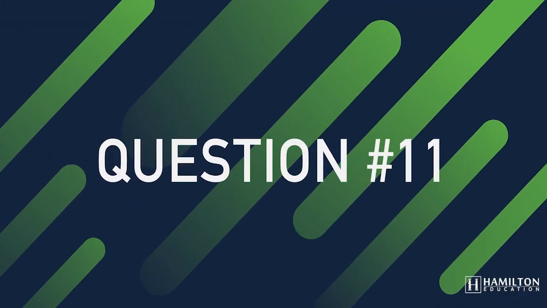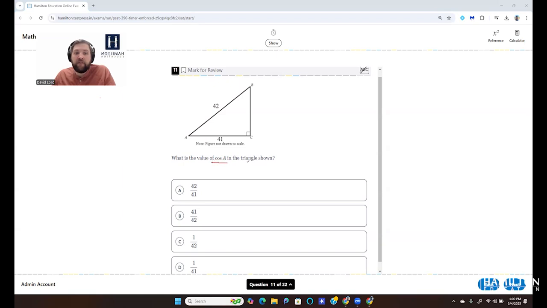Question number 11. What is the value of cosine of A in the triangle shown above? Well, it says the figure's not drawn to scale, so we can't measure it out and say, oh, that looks like 41, so this must be 41. But we know it's a right triangle, and it's asking about cosine. So cosine, if you recall your SOHCAHTOA,